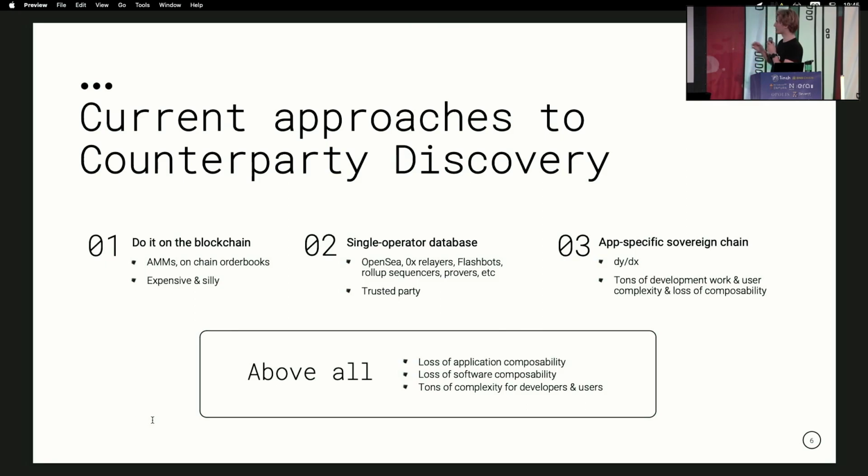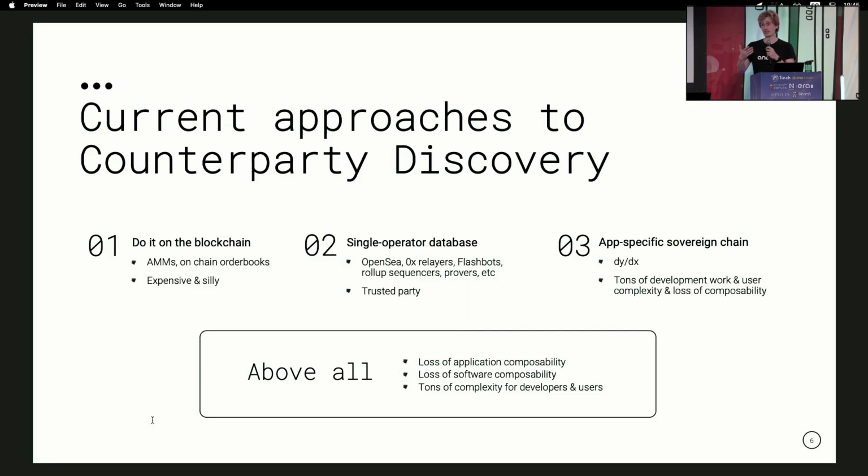I just quickly want to go into what the current approaches to counterparty discovery are. There are roughly 3 approaches to this. One, you do it on the blockchain. This is what Uniswap and AMMs do. It's kind of silly and incredibly expensive, but it is the most decentralized way to do counterparty